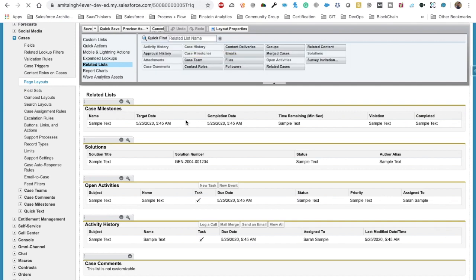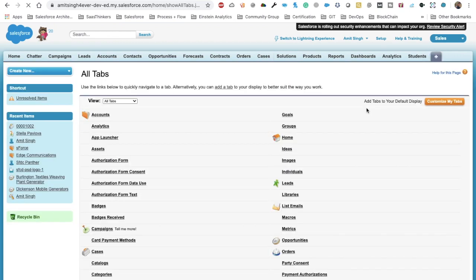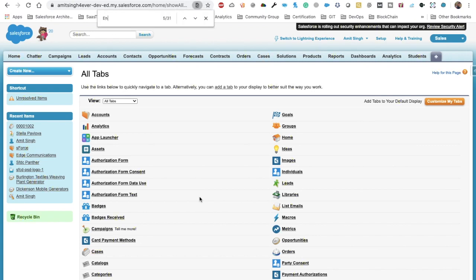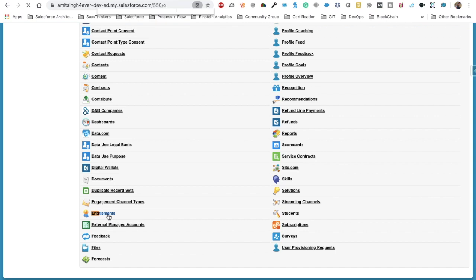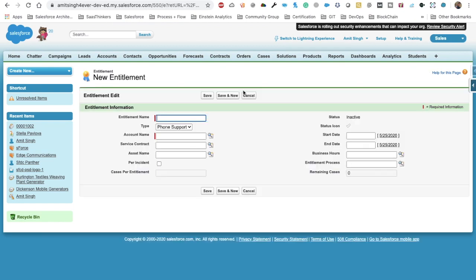So next thing is that we need to create an entitlement record. As we were talking about in the very early stage of this video, we will get an object called entitlements, and this is the new object that we are getting after enabling the entitlement settings. So what we need to do is we just need to create an entitlement record. This record is basically we are going to associate with our case, and this record has multiple lookup fields, like we can select business hours, we must select the entitlement process, that process that we just created. So let's quickly give a name, I'm going to say case support process version 1.